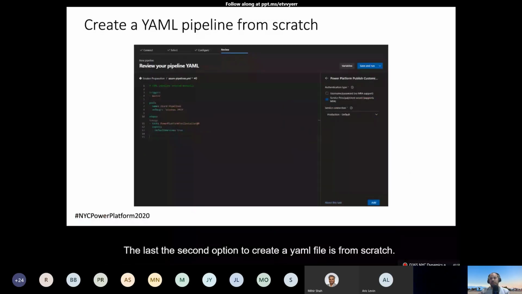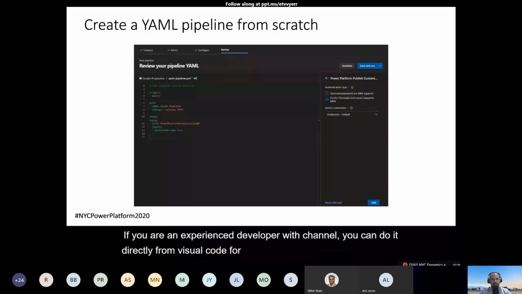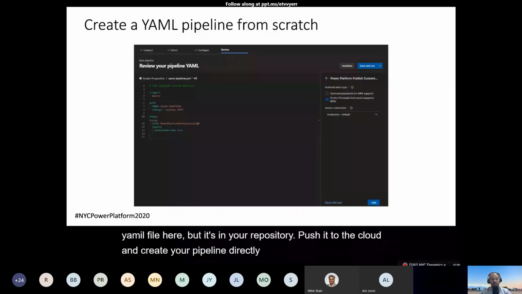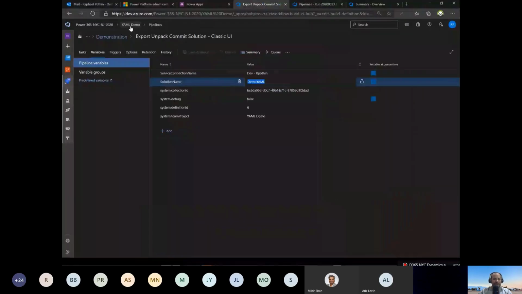If you are an experienced developer with YAML, you can do it directly from Visual Code. For example, you can configure your YAML file here, put it in your repository, push it to the cloud, and create your pipeline directly from your file. But it's not the easy way, I will say. But you can,